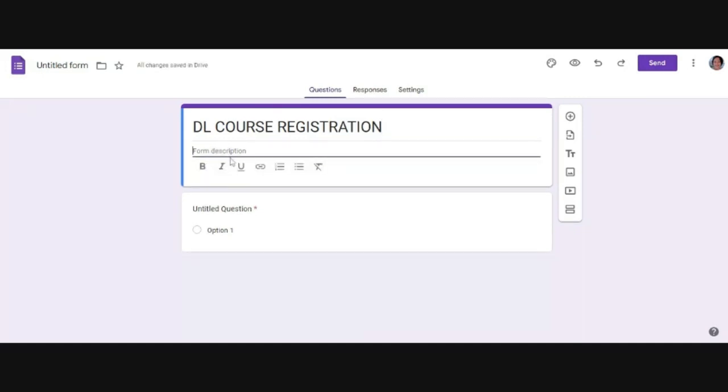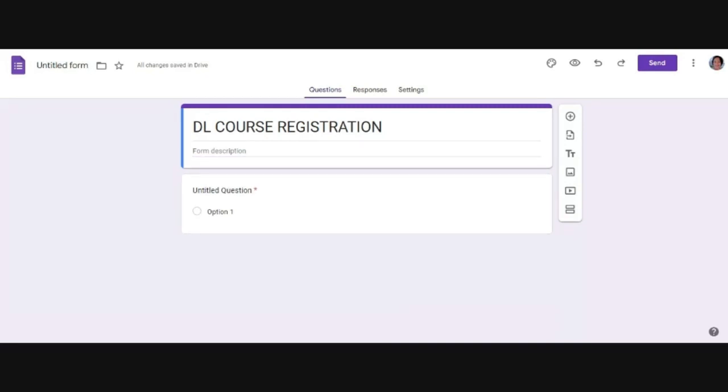In order to save time, I wouldn't be writing much. So you can add your description here. You can let the people who will be using the form know whatever this form is meant for and what you need from them. You can put it here in the description. You use this button to title the form. But if you forget to use it and you write in this portion, the moment you click here, it will automatically pick whatever you have written here as the title of the form.